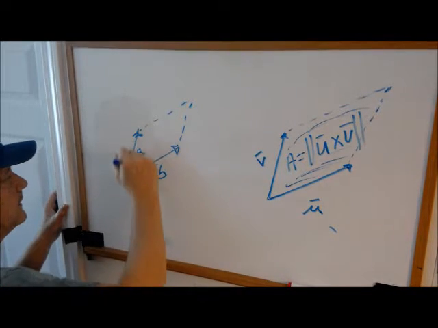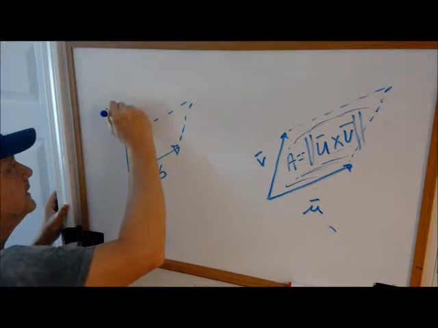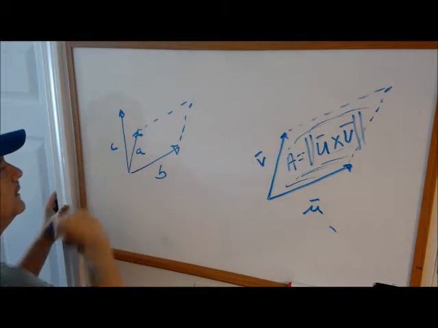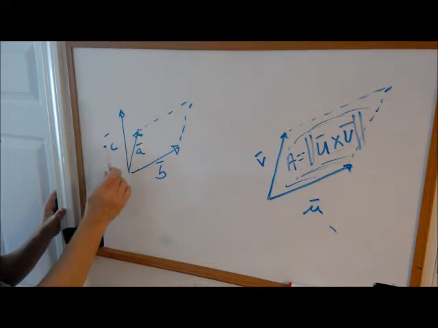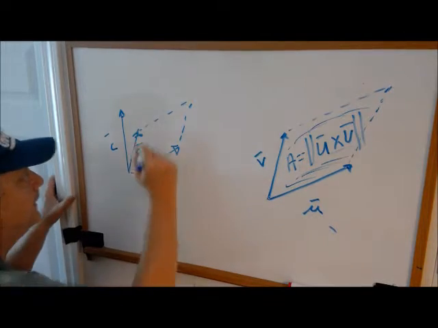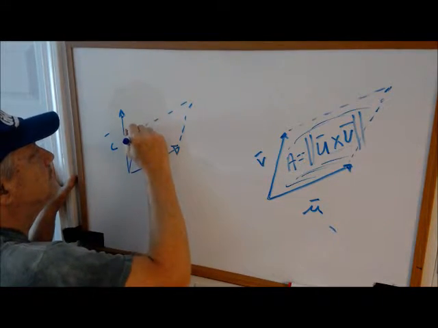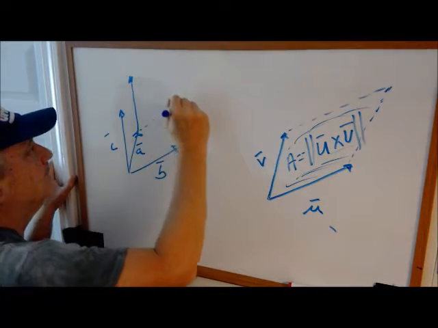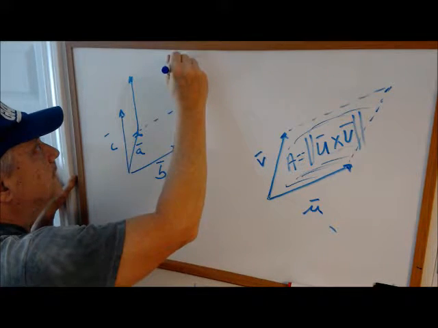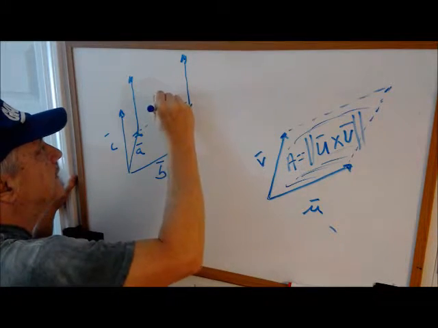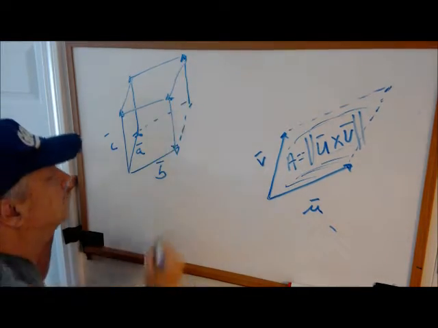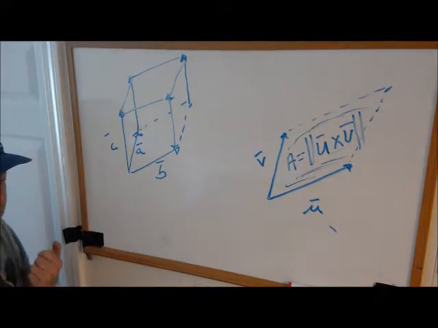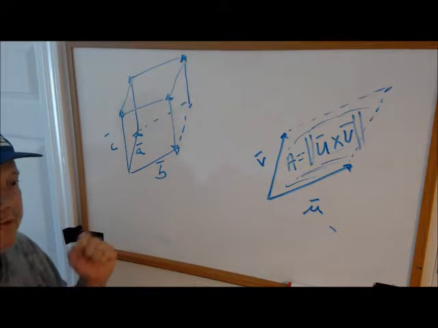Now if we had a third vector, call it, I don't know, C, and it doesn't have to be straight up, I just happen to draw it that way. Well, if we put the C here also, and here, we kind of connect the dots, what we get is a box, often called a parallelepiped,